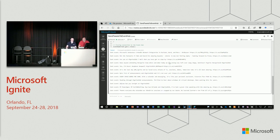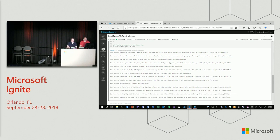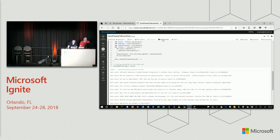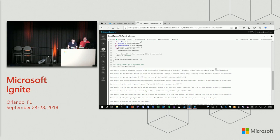So this is another scenario. This is quite interesting in terms of consuming real-time data sources, analyzing it and getting an idea of the sentiment of that. So let me just stop this execution. I'll share the code samples and things after the event. Okay, so let's switch back to...